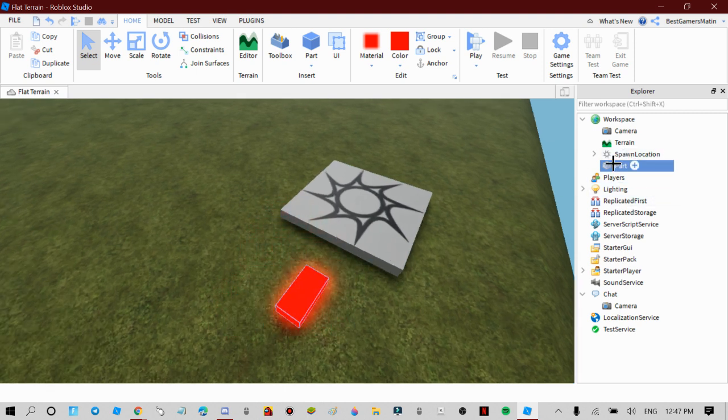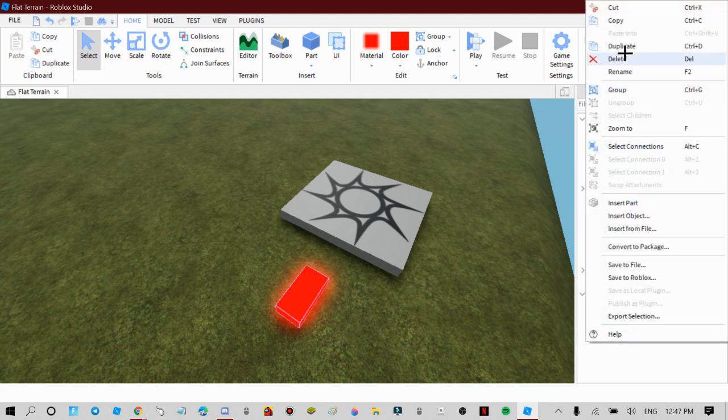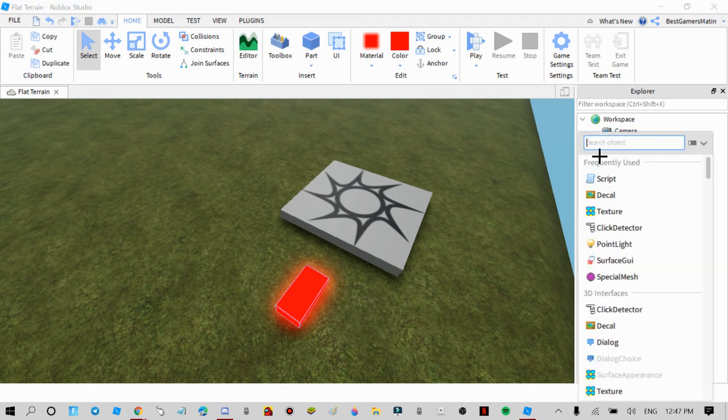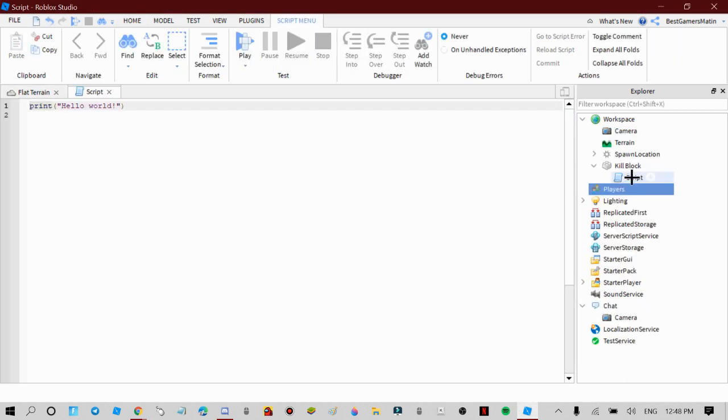So when you get a part, click rename it to kill block, and then add a script, and then rename it kill script,